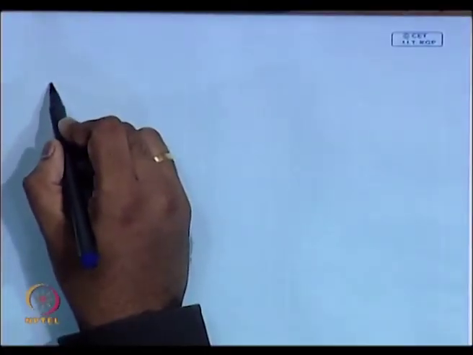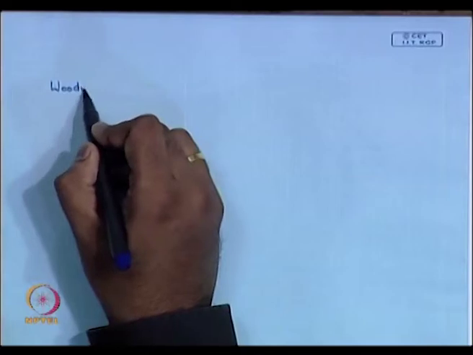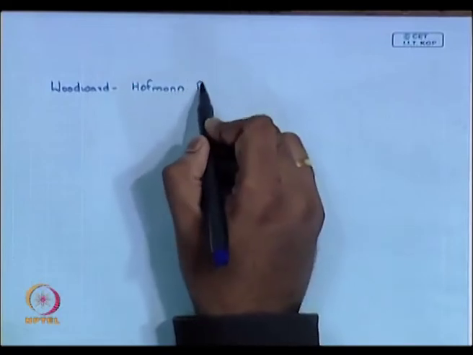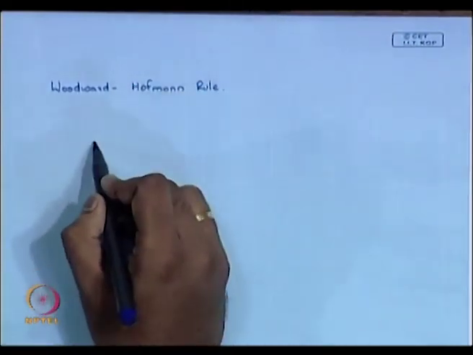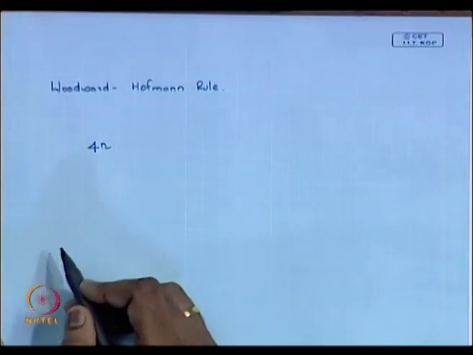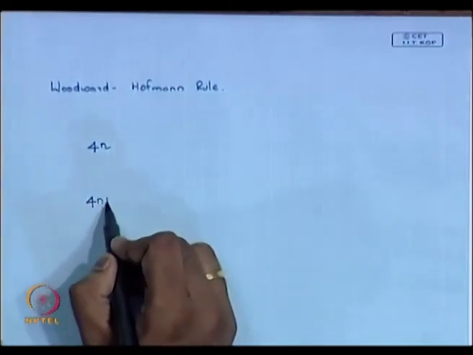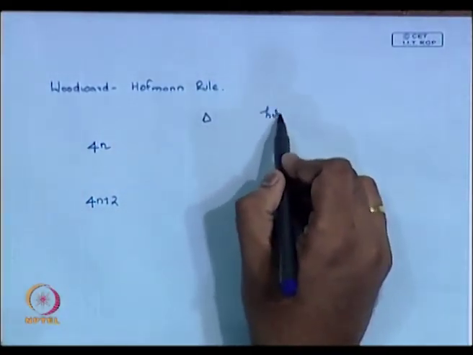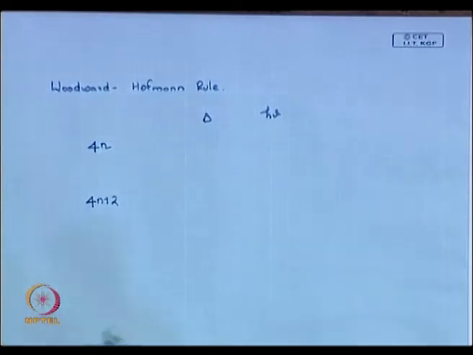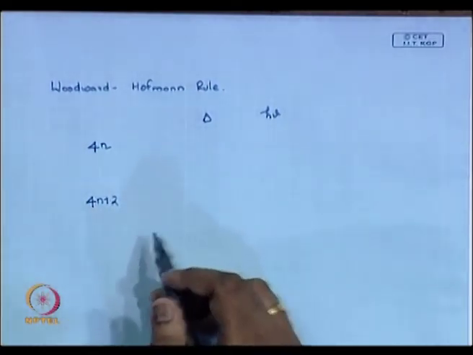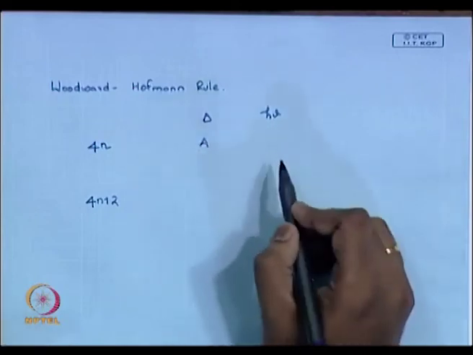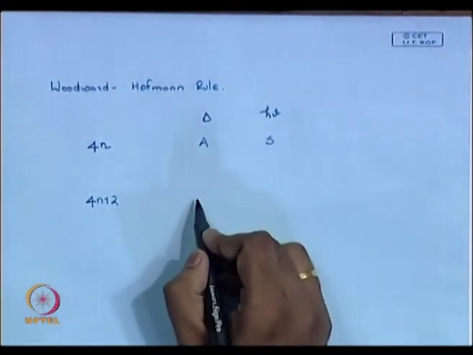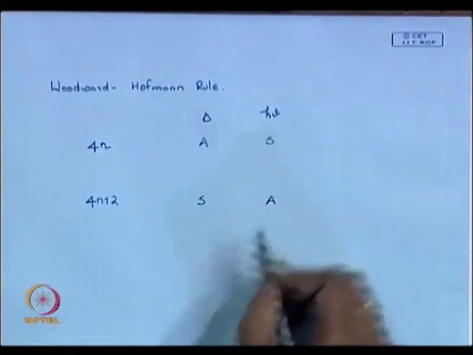So, what does your Woodward-Hoffmann rule say about the system? For a 4n system, I am talking about the electrons, okay. 4n and 4n plus 2 electrons, where you fit in. So, you have heating and you have a photolysis case. Okay. So, a 4n system basically on heating gives you antarafacial, okay, and light it should always be the other way around, suprafacial, and this is suprafacial and this is your antarafacial.